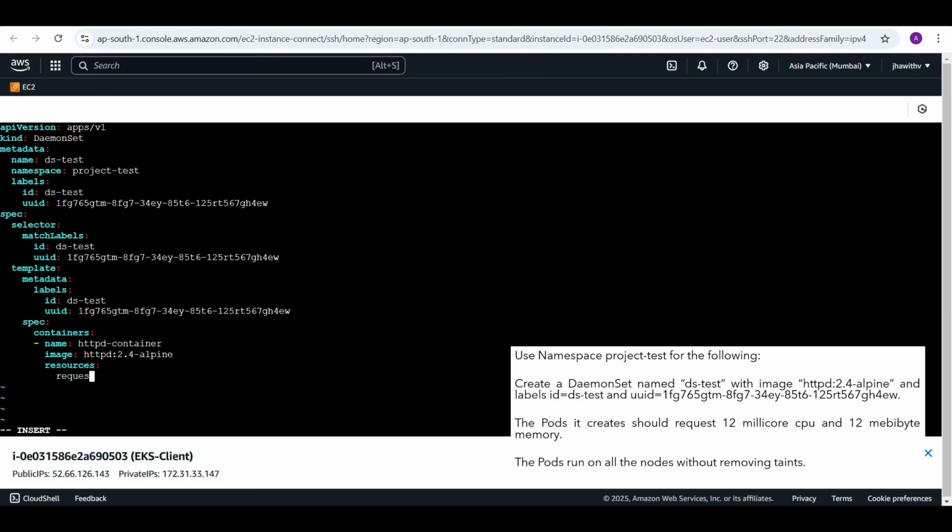Okay, requests. We have to provide first the CPU, it's 12 millicores. Okay, and then the memory, okay, fine, Mi. Now regarding the tolerations, because one of the nodes has a taint, we are going to use the